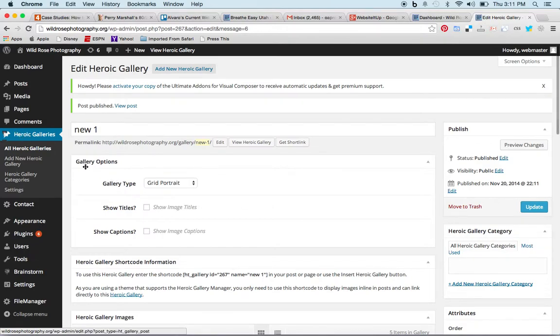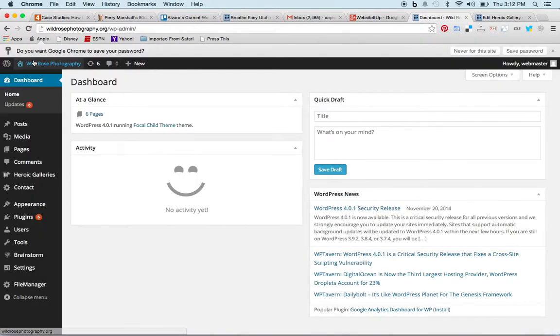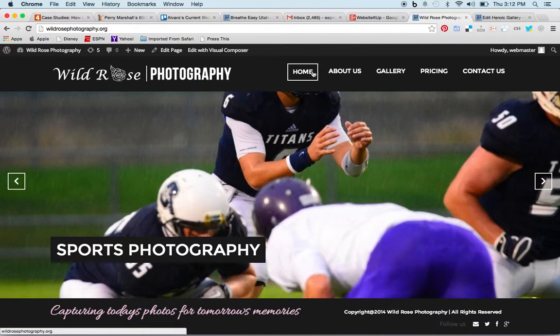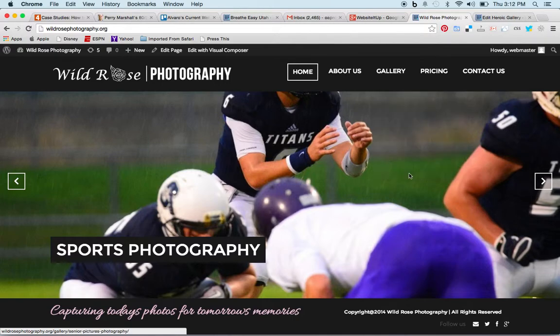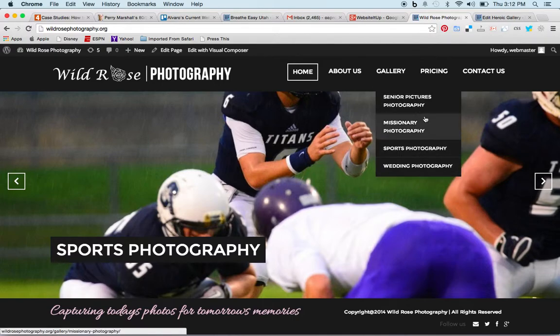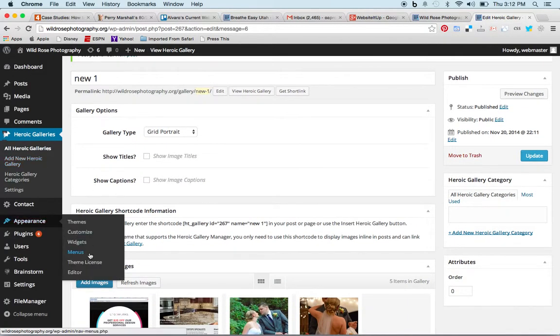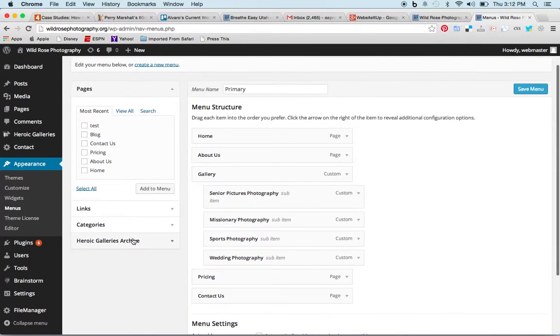So pretty slick. The other thing you'd want to do is go down to Appearance, Menus. So if we go back to the actual site and show you, this would be the main menu. And you can see if you hover over Gallery, it shows all of these photographies. So it does not show the new one that we just created, because we've just created it and we've got to tell it where to go. So we'd come in on the back end, we'd go to Appearance, Menus, and then over here it'll say the ones we just created. And so if we go to Heroic Galleries,